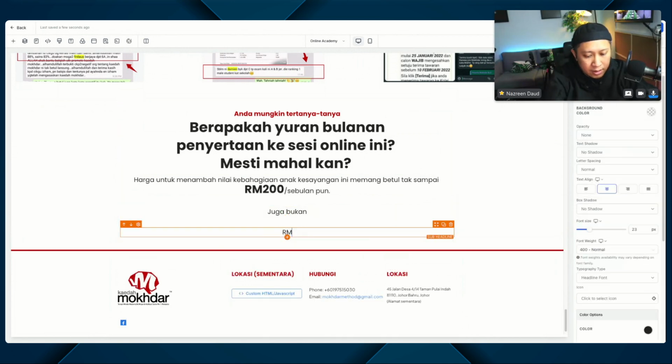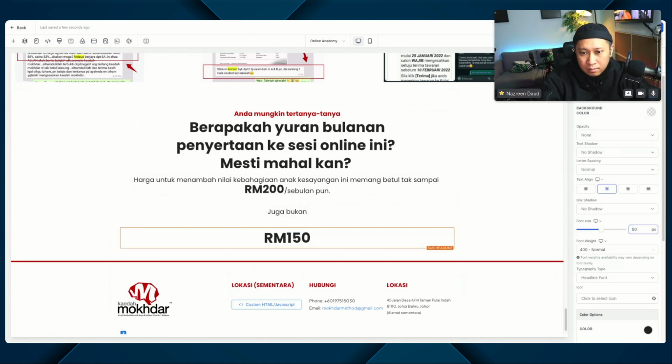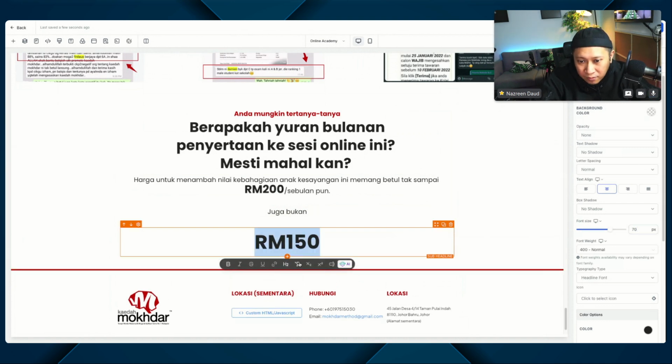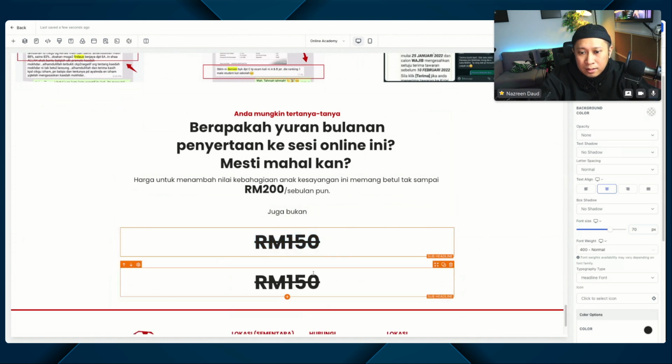This is RM150, and this is the biggest font. Maybe I put 50. 50 also doesn't look big. 70. Yeah, it needs to be strike off. Is it? Wait, it needs to be strike off. Yeah, here you go. Okay, and I'm gonna copy this, and there should not be any spaces on top, so